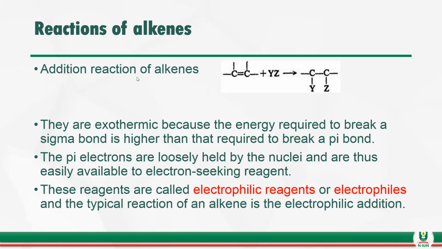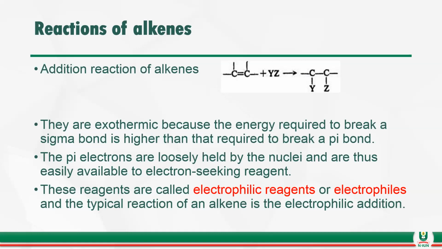So majorly, alkenes undergo addition reaction. In addition reaction, the new incoming molecule is added to the alkene without any other thing being given up. Like what you have here, you see this is our alkene, and then reacting with YZ. YZ could be any other thing, and you can see that it has been added here without generating any other